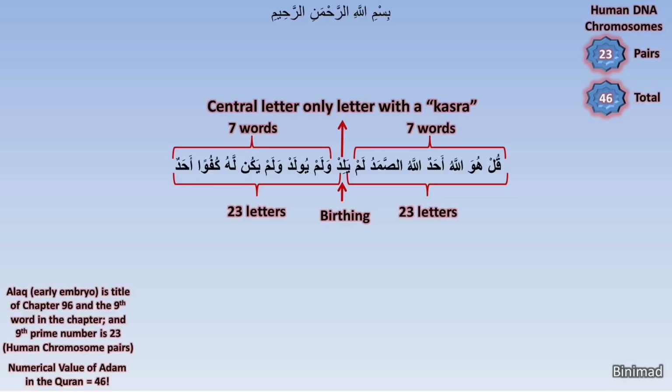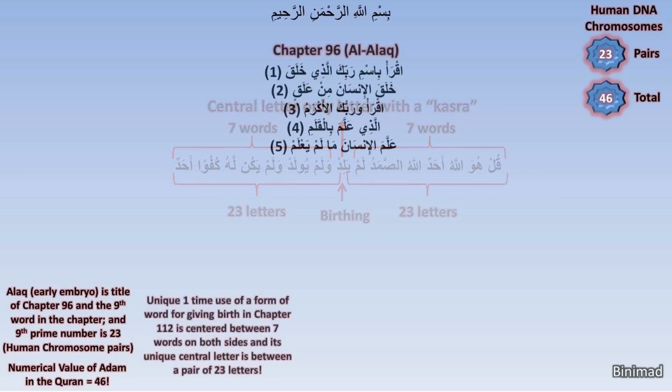Furthermore, regarding 7 words before and 7 words after this word, I would add that 7 is not just a main key in Quran mathematics, but rather with regards to the creation of Adam, or in the womb, there are 7 stages. Avoiding what can be a rather large digression into the very short chapter 112, let us return to those first